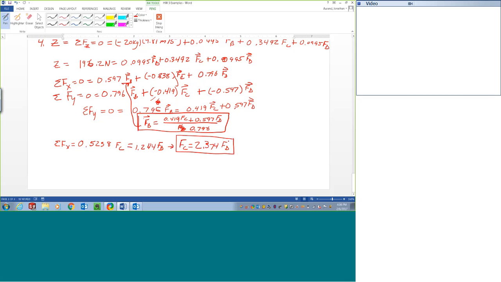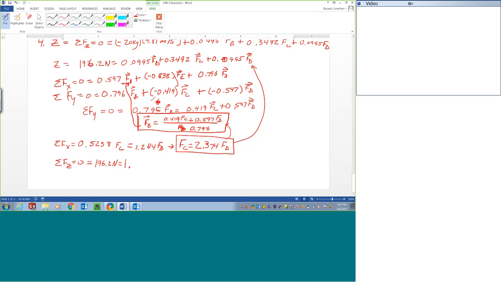Then I'll substitute that into that one as well as into this one. So it gets a little messy. Now I'm going to take both of these and substitute that back into this one, and then substitute FB and FD in there. So if I keep working with that, finally I can get numbers in my Z direction. So in the Z direction, I have 196.2 newtons equals, eventually I find,